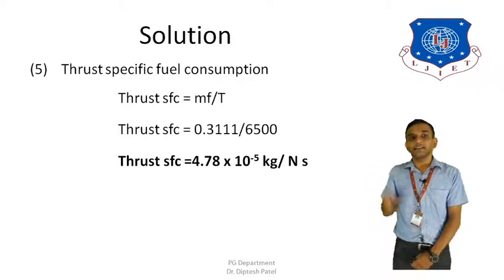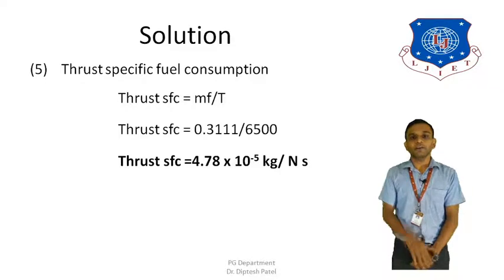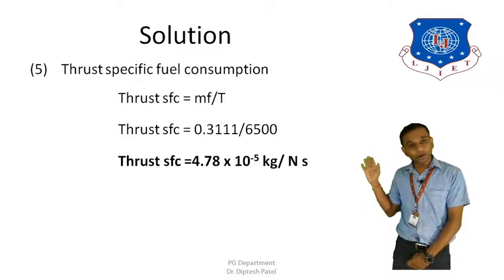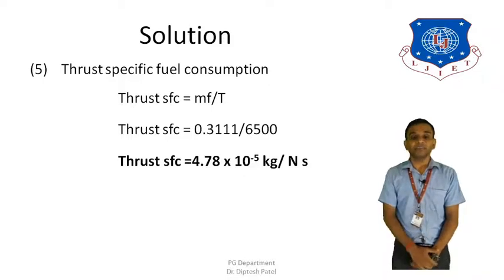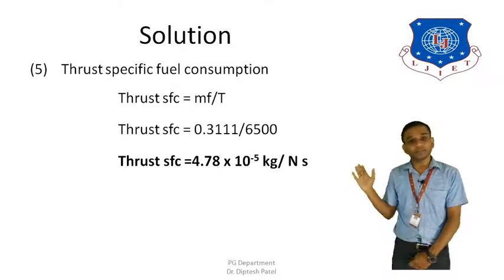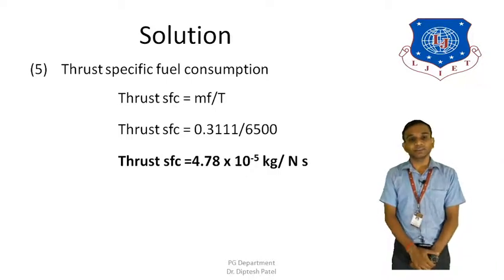produced. Okay, so thrust specific fuel consumption, the formula is mass of fuel divided by thrust on the aircraft. So thrust SFC is equal to Mf divided by T. Now Mf that we have found out in previous finding, and thrust is already given to us. So thrust SFC is equal to 0.3111 divided by 6500. After going through calculations, I should be able to get the value of thrust SFC,